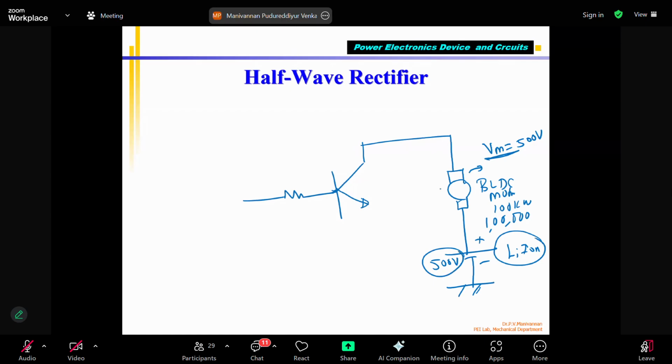Already told you, this is called a load. What is this? Load to the power transistor. This transistor is called a power transistor. It can be a single transistor or 4 or 5 transistors connected in parallel. We'll see about that later. You think of it as a single transistor. This is the same as your small signal transistor. In the small signal transistor, what did you have? This BLDC motor, the